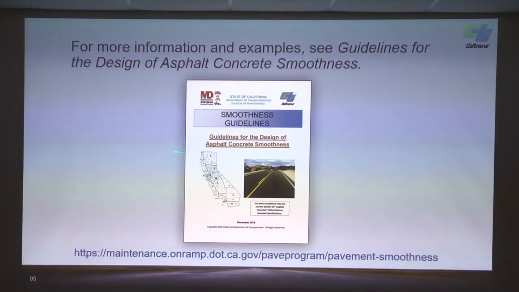Okay, so now here's the guidelines for the design of asphalt concrete pavement smoothness. This is design's guide that provides the designers the knowledge they need to design for smoothness now. Like when you say design for smoothness, it means, did you put 2 opportunities in when you should have? That's designing for smoothness, right? If he didn't, guess what? You might end up with a pavement that's over 95 that we have to buy, right? So that's what, and a lot of districts might be okay with that. It's a rural route. We